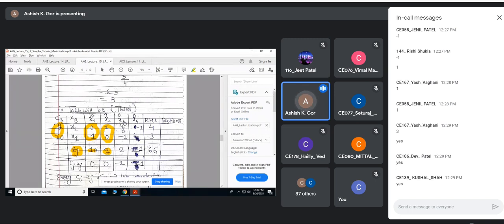So 9 into 4 by 3 is 36 by 3, which is 12. 12 minus 10 is 2. 9 into minus 1 plus 10, which is 1. 9 into 4, 36. 10 into 3, 30. 36 plus 30,